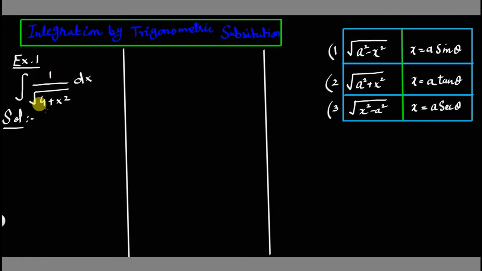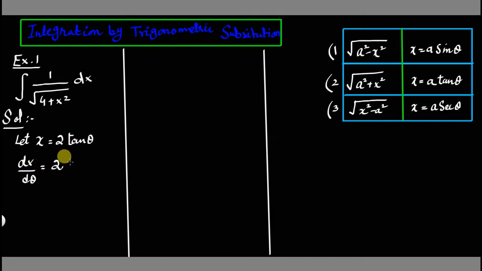Now this is example number 1. Just pick which substitution will be used in this question, because it belongs to the second one. So we will substitute in this question. Let x equal to, here a means 2, so x is equal to 2 tangent theta. Now differentiate this with respect to theta, so you will get dx over d theta, that is equal to